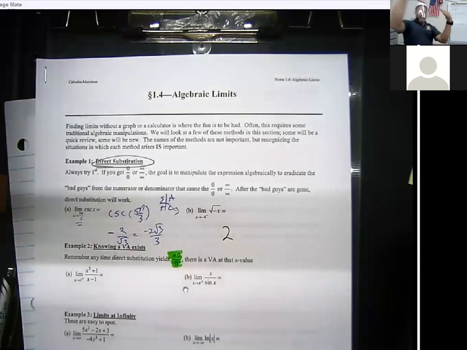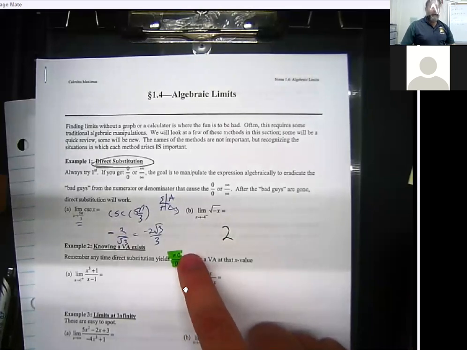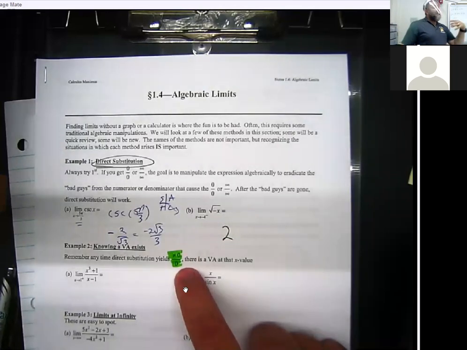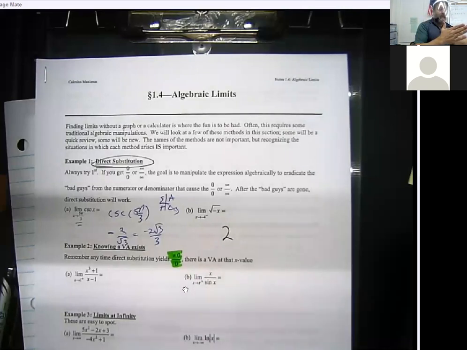And if there's a hole, would the limit exist if there is a hole? Yeah. But look what it says. It says the bottom is 0, but the top isn't 0. Do you follow? So is this a hole? No. So that either means that that limit is going to be infinity, because when you divide by 0, you get a vertical asymptote, right? As long as it's not a hole. But,